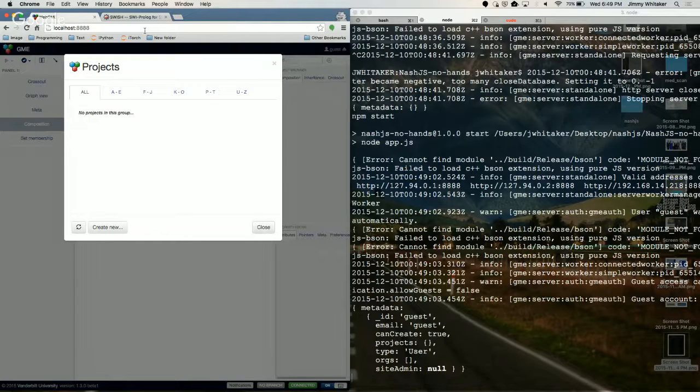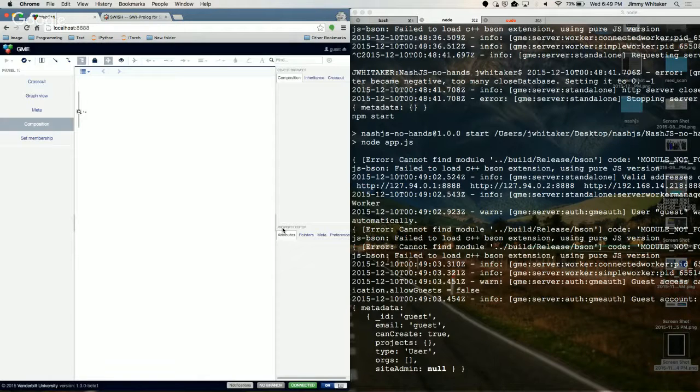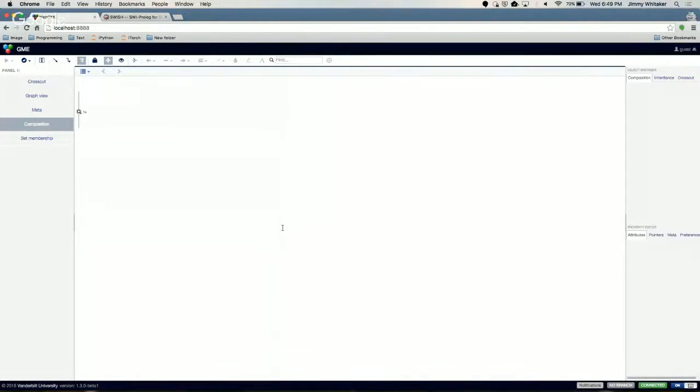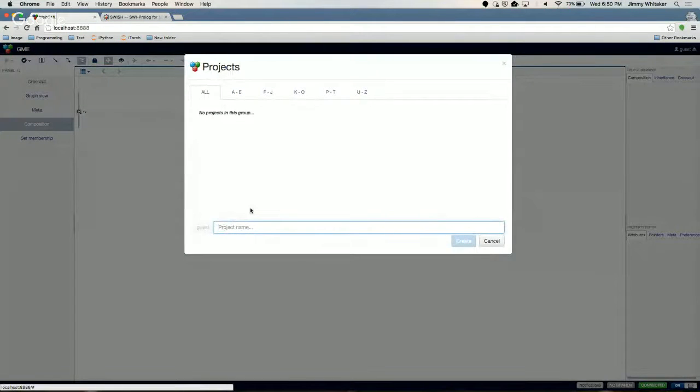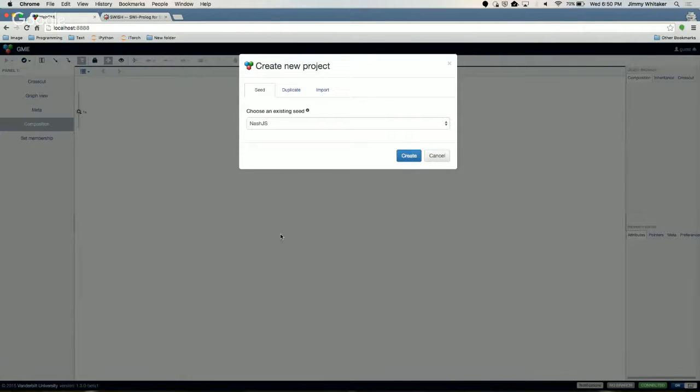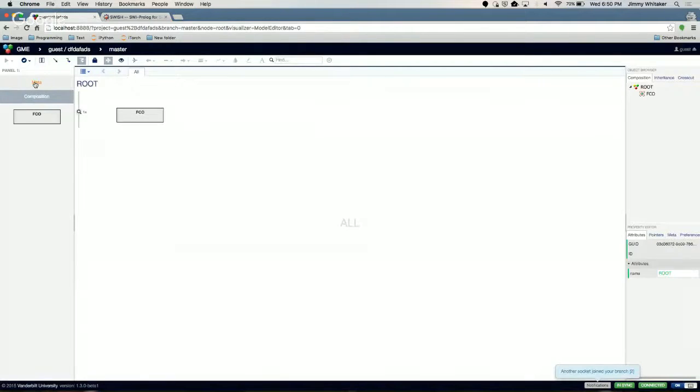All right, so now we have the WebGME started here. When you start, you have to first make a project. So I'm just going to make that one, and I'm going to start it from just an empty seed so you can see how we work from the beginning. When you start a project in the WebGME, you're given nothing but an FCO. FCO stands for first class object, fancy talk for thing.